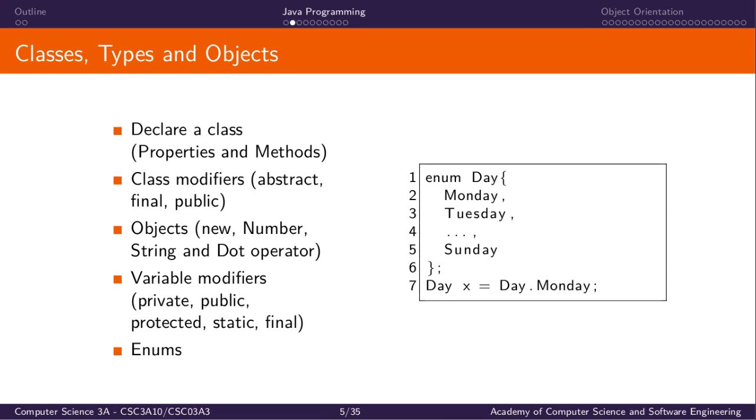Final, well, someone already gave it away. That means that we can't overwrite, we can't change that value. We can actually only initialize it at creation, and after that, we can't change its value. All right. Then we have a special type called enums that allows us to declare a series